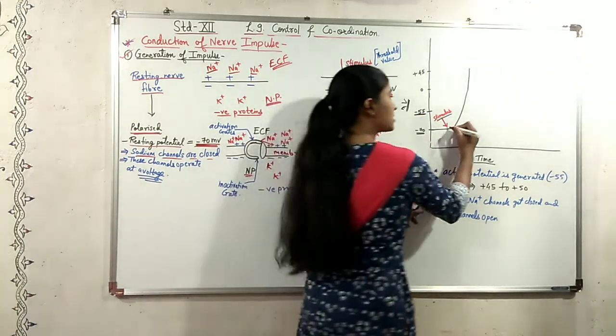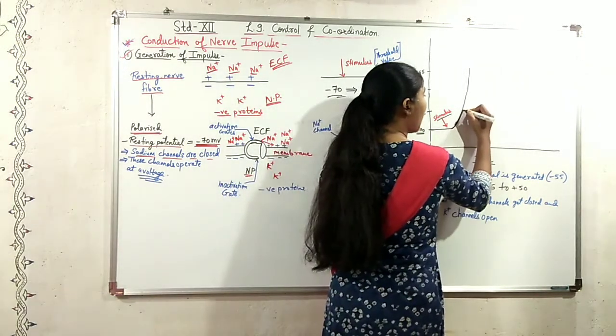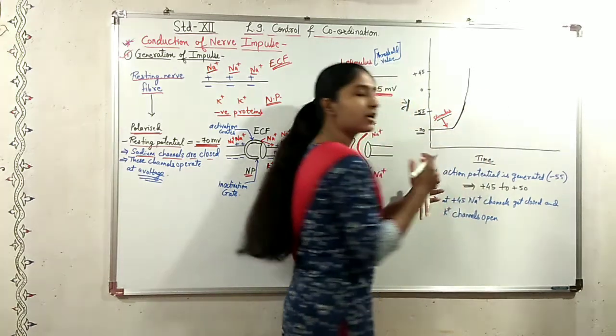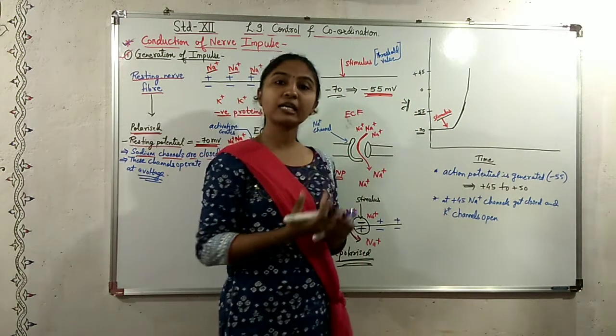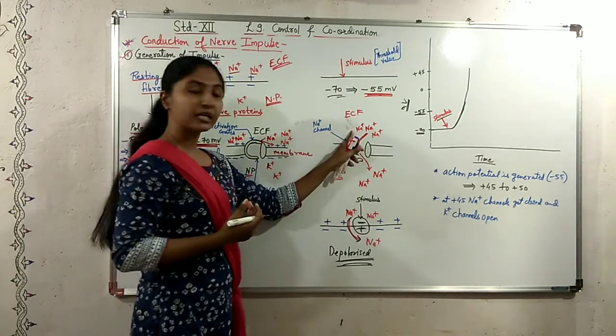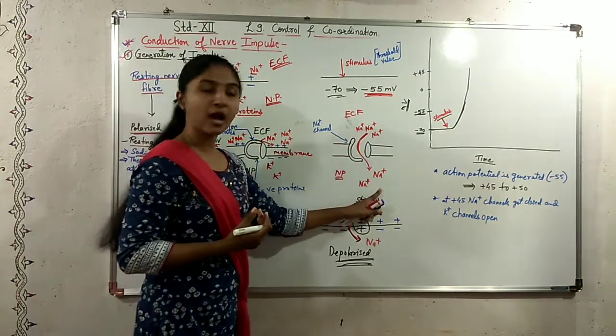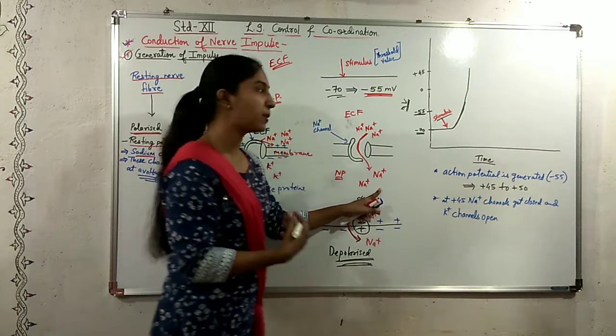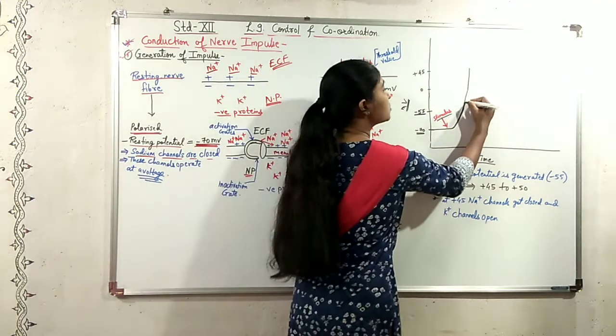At this time, the graph slightly goes up. It means the impulse is being generated. The channel gates open. They allow the sodium ions to move inside the neuroplasm. Now, when it comes to zero,